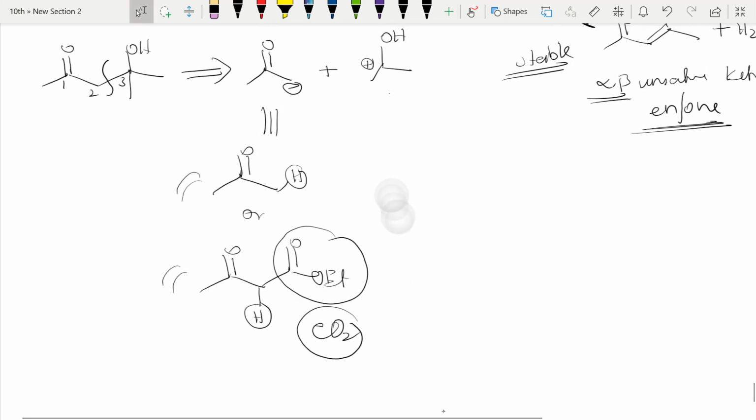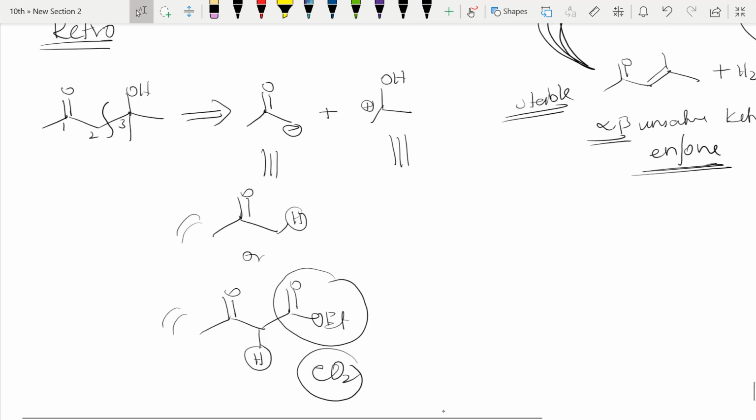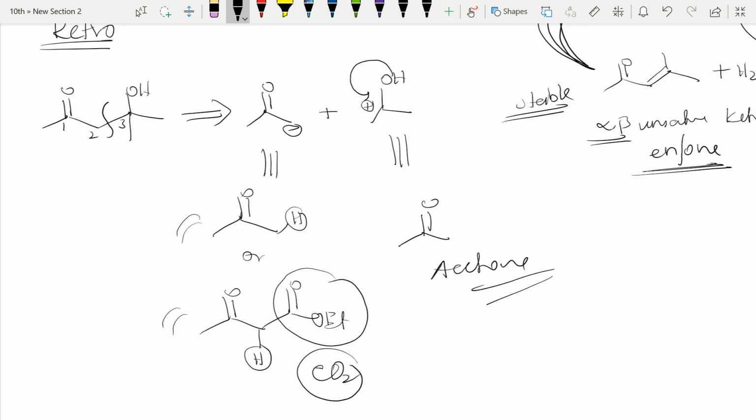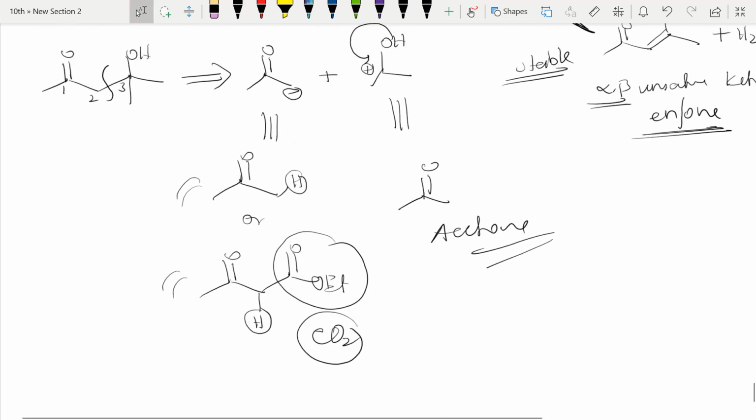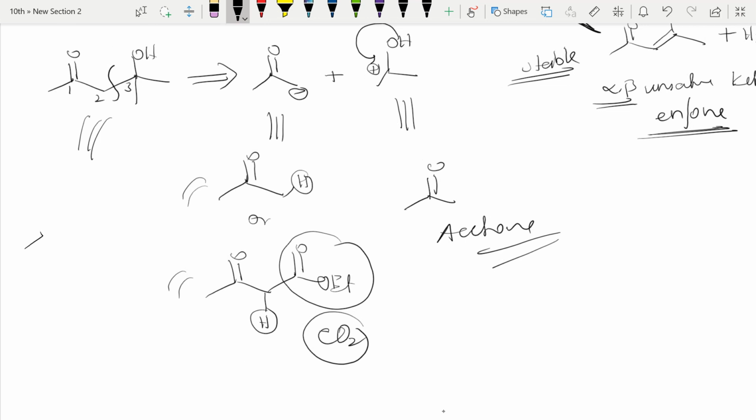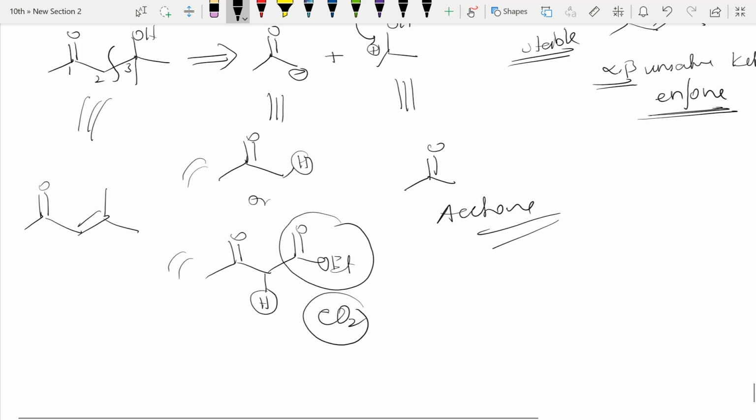And for this equivalent, I have told, if a positive charge is there, then this OH bond will be broken, electron density will shift. So the equivalent reagent will be a simple ketone. Here it is acetone. Acetone is also a ketone, right? These are the reagents. Sometimes they may not give it like this; if they have given this condensed product, what you have to see is that both are the same only, just condensation has happened, that is, a water molecule is eliminated through an E1Cb reaction. About that also I will make a video in reaction mechanism, E1Cb, E1, E2, everything I will make videos, right?